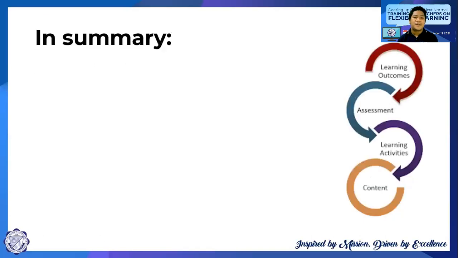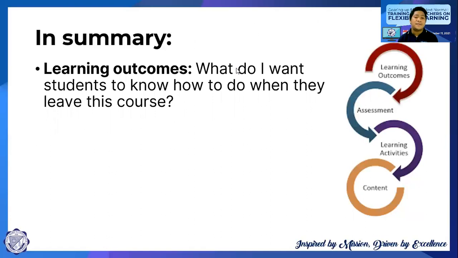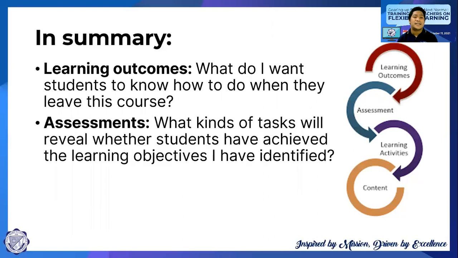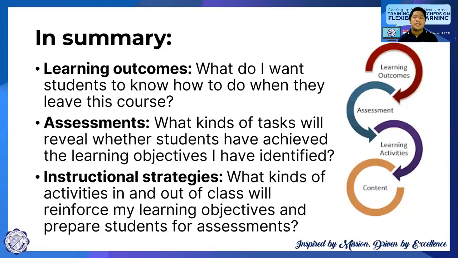In summary, we have first the learning outcomes. What do I want students to know how to do when they leave this course? And then we proceed with identifying our assessment activities. What kinds of tasks will reveal what students have achieved, whether students have achieved the learning objectives you have identified as the course designer. And lastly, for your instructional strategies, what kinds of activities in and out of class will reinforce your learning objectives or learning outcomes and prepare your students for assessments. So that is generally the backward design